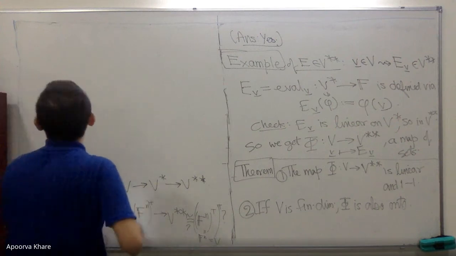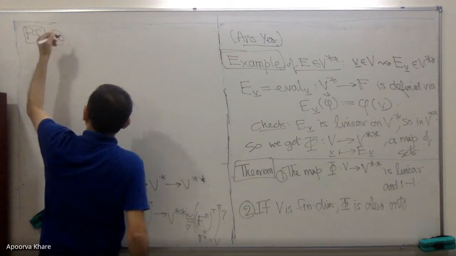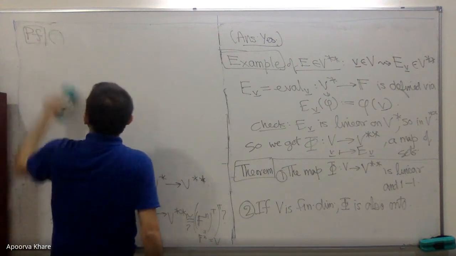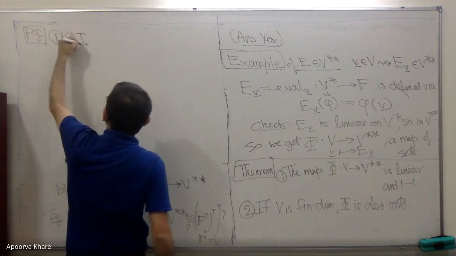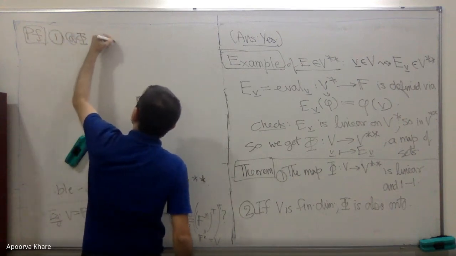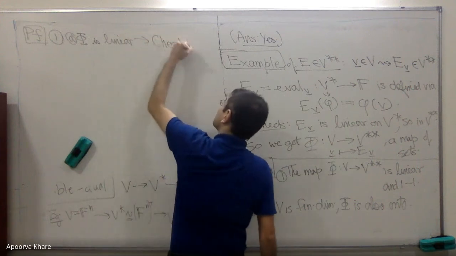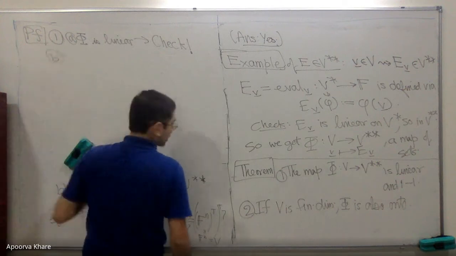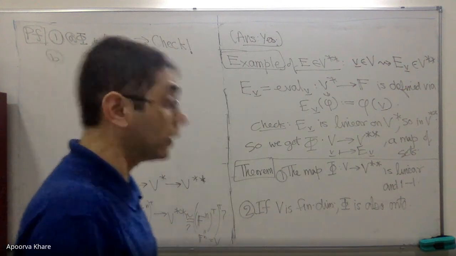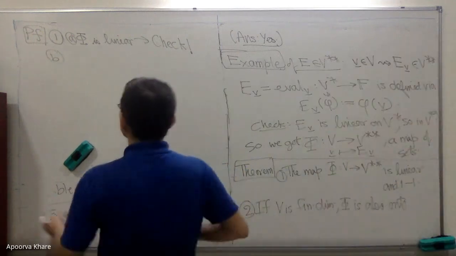Proof. In part 1, A, capital phi is linear. I will leave it to you guys to check. Okay, now part B in part 1 is to check that it is 1 to 1. That is what we need to check. That is also not too hard. Why? So look at, let's say,